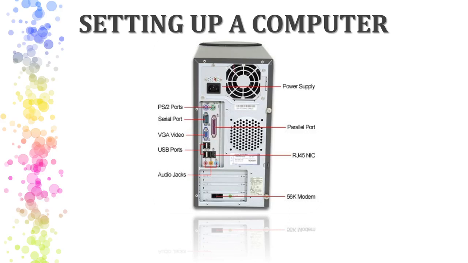Okay students, now see the view of the front of the CPU box that you are writing in the notebook, the 5 keys that I am writing. Now on the second page you have to give the heading: the CPU back buttons. In this back view of the CPU, first you have to write the power supply. You can see here the plug of the power supply.